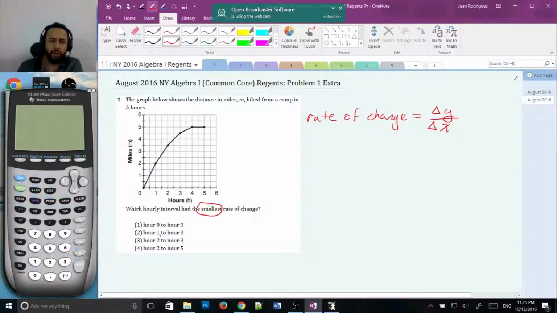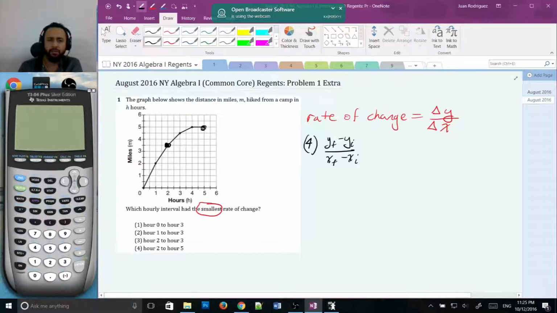So I look at hour 0 to hour 3. That looks like a big change, so I'm gonna skip that one for now. Hour 1 to hour 3 looks like it might be a little bit smaller, although it looks very similar. Hour 2 to hour 3 looks even smaller. Hour 2 to hour 5, I have a feeling that's gonna be the answer. So I'm actually gonna start with choice 4. Choice 4, y final minus y initial over x final minus x initial, hour 2 to hour 5, here